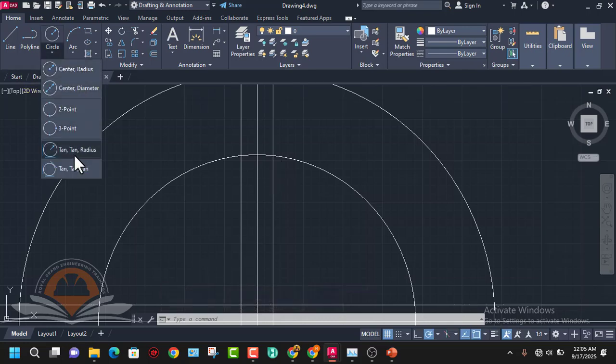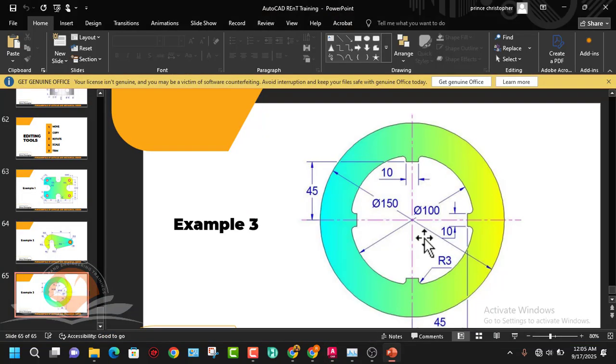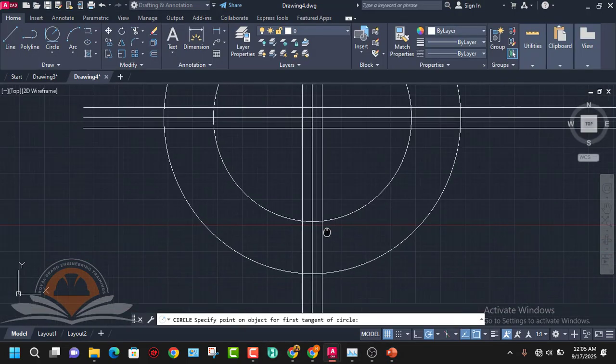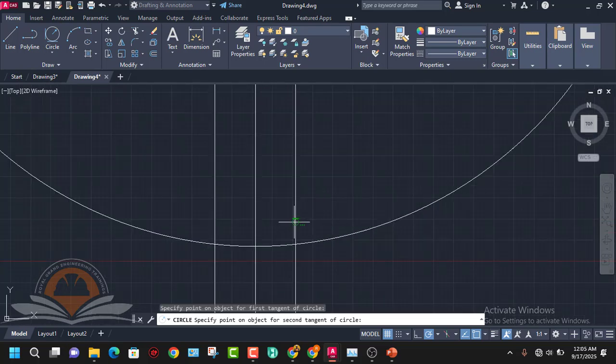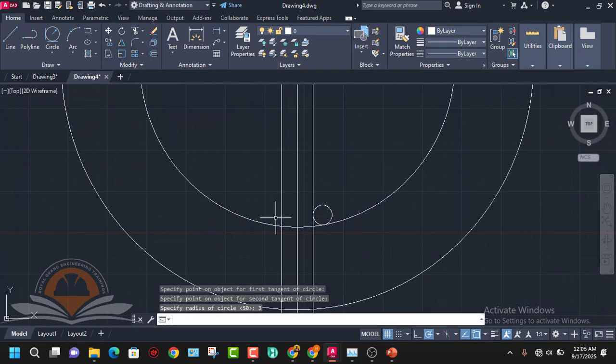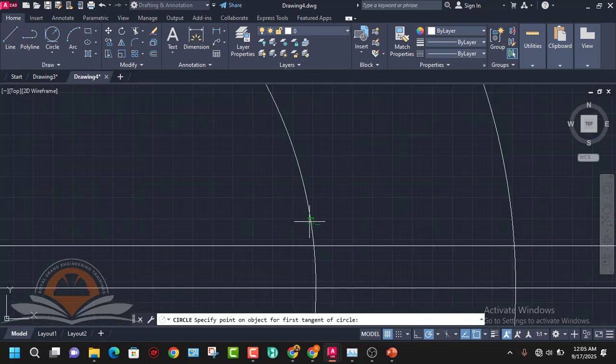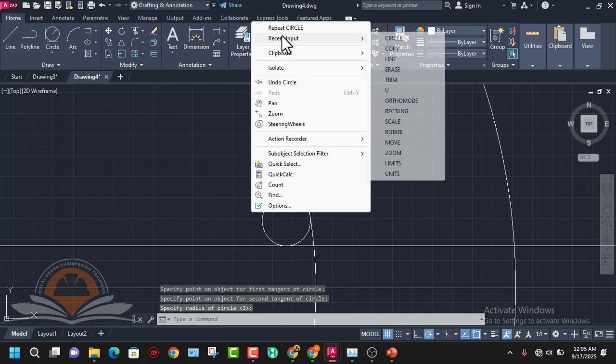Another tool we are going to use is the tan radius. For this, you can see a small circle here with radius 3. I'm going to do that. Click on this point and click on this point. Use radius as 3. Do the same thing here. Tan radius, click on this point, 3. Come down here, tan radius, click on this point, 3. Right click, repeat,